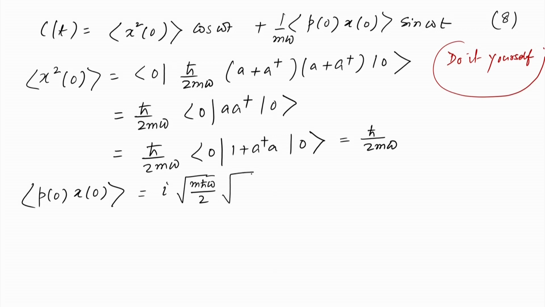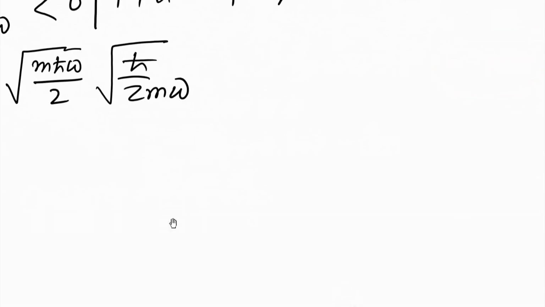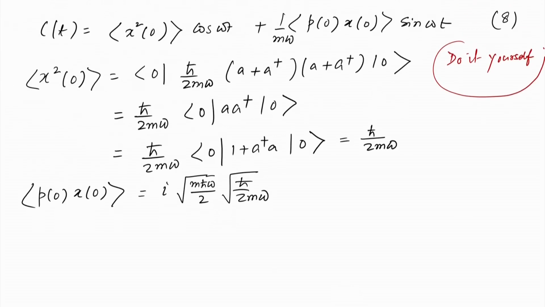So, this is equal to h cross by 2 m omega. So, the first multiplicative factor comes for p, and the second multiplicative factor comes for x, and this is equal to 0, A dagger minus A and A plus A dagger, and this is 0,